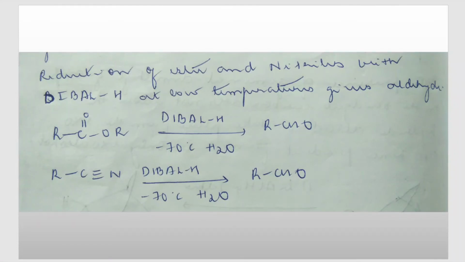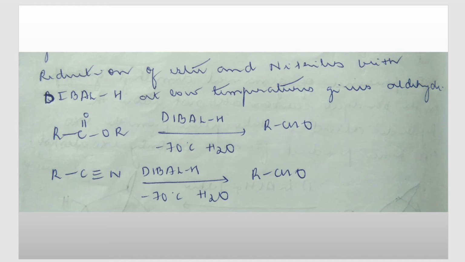So we will be continuing with the reduction reactions that we were studying in previous videos. The next topic is reduction. We are studying a few more different types of reducing agents. We already studied how metal hydrides like lithium aluminum hydride and sodium borohydride can be used as reducing agents, and we also studied homogeneous and heterogeneous catalysis. Now we are going to study a few more reagents that are used to carry out reduction.